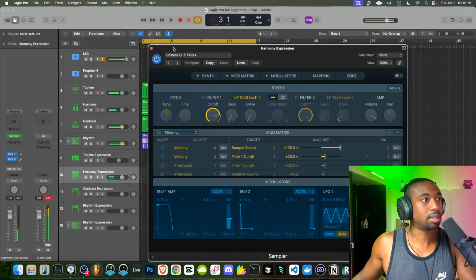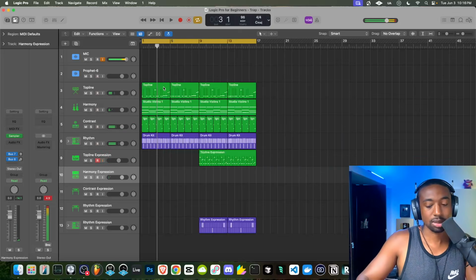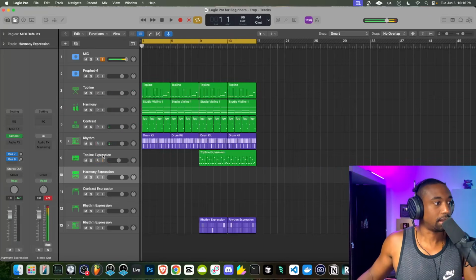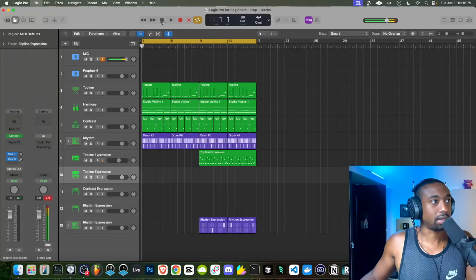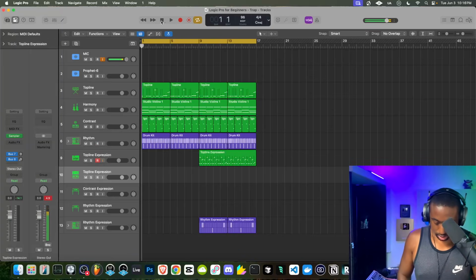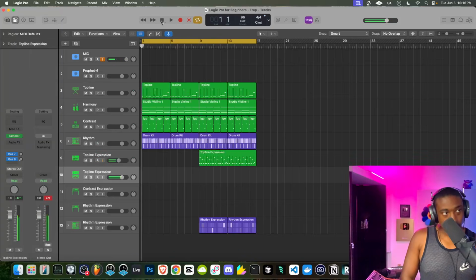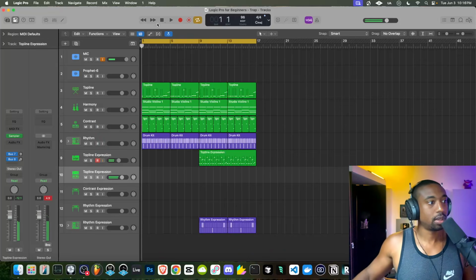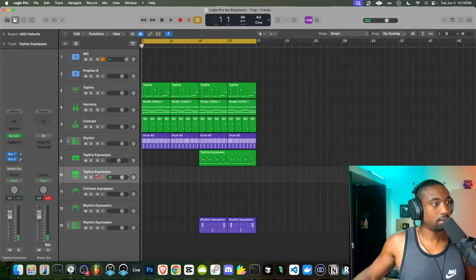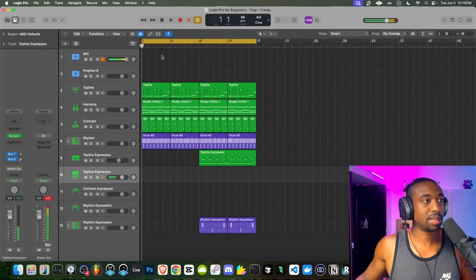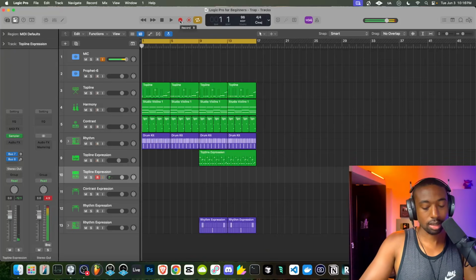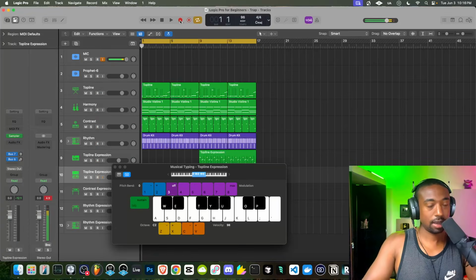Here with the top line expression layer, I'm going to do more pitch bends and things like that. Let's call this a top line expression because now I'm doing this more as a top line. We get multiple top line expression layers once you understand harmony. So I'm using more pitch bends. To do a pitch bend without a MIDI controller, hit Command K and use the 1 and 2.